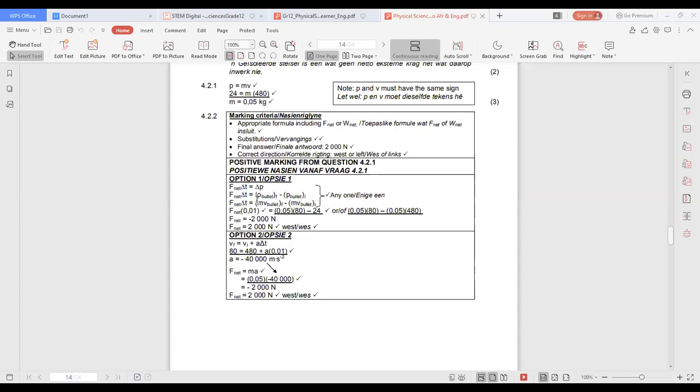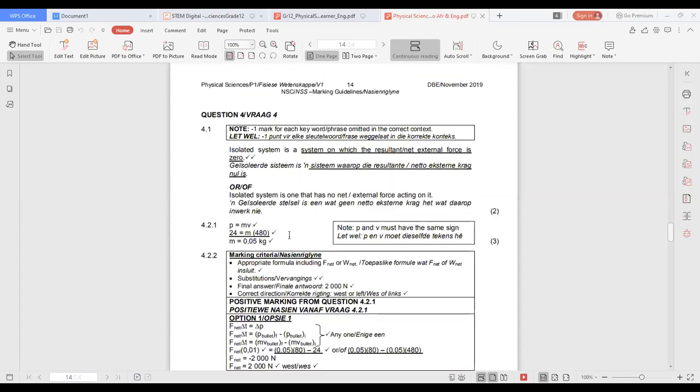So F net delta t is equal to the final momentum of the bullet minus the initial momentum of the bullet. Okay. And what we're going to have here, we're looking for